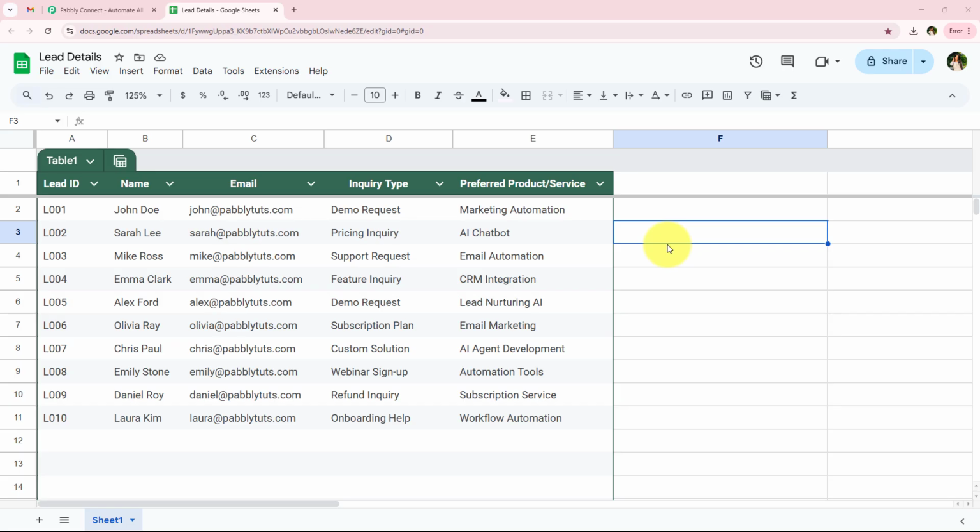So for that we're going to use an AI agent, which is going to generate highly personalized email drafts. So we are not directly going to send the email, but we are going to generate email drafts so that I can review the emails before sending them to my lead. Alright, so we're going to do all of this with the help of a simple and amazing automation software,